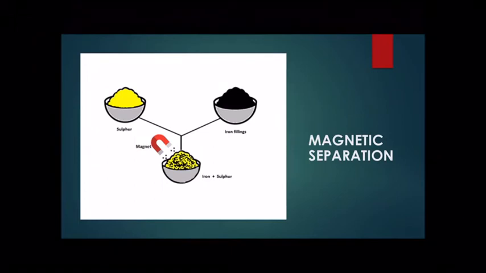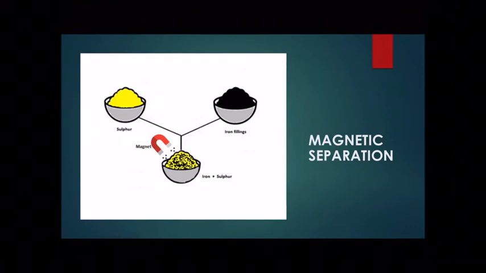We use it in factories for removing scrap iron from a heap of waste materials by using big electromagnets fitted in a crane. And not only in factories, students, in dump grounds also. What happens in a dump ground along with other waste? There are iron scraps. Scraps means iron tukro, bhanga tukro, these are scraps. So iron scraps in the dump ground. Now iron is not a biodegradable material and also it is useful. You can recycle it and make various things out of it. It is actually expensive and useful.